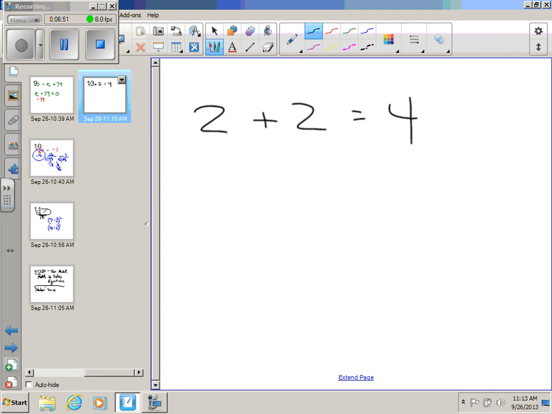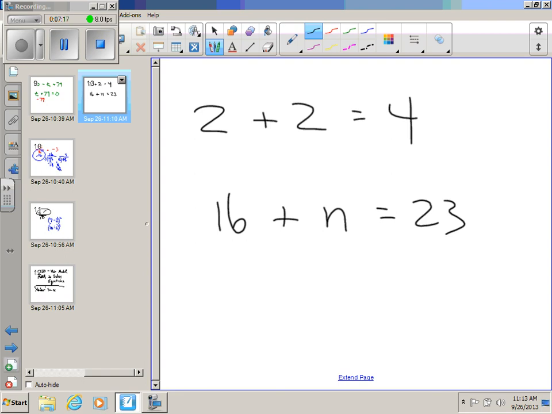Now, we'll see problems with variables, and we'll have to solve them. So, for example, 16 plus n equals 23. I need to try to use mental math, and ask myself, if I add what to 16,